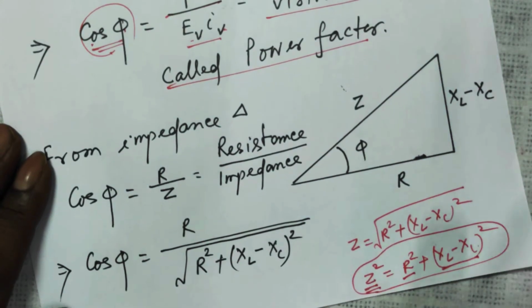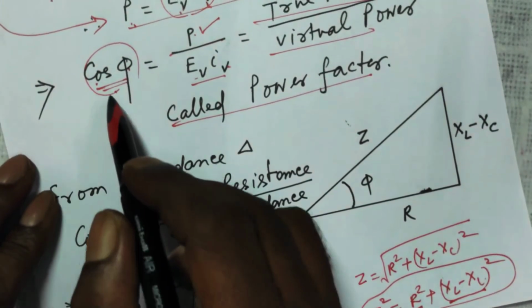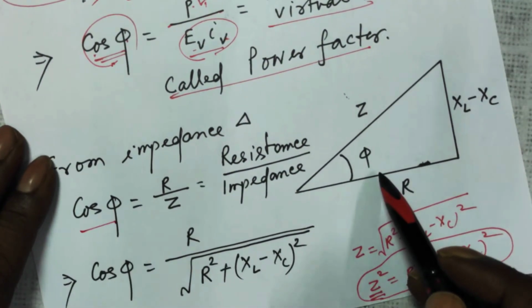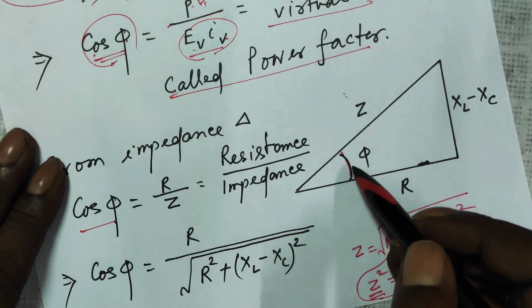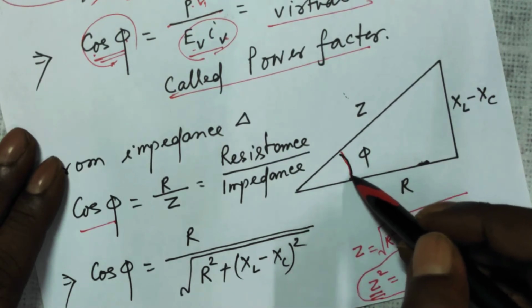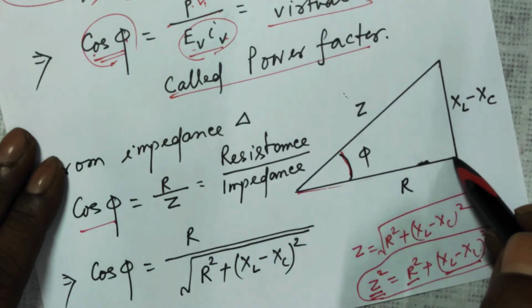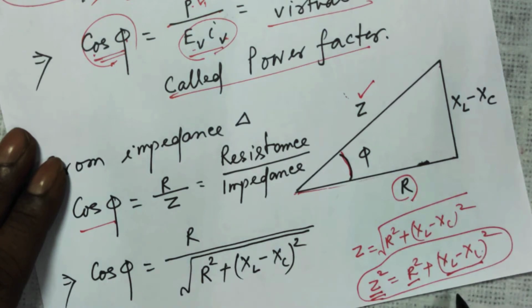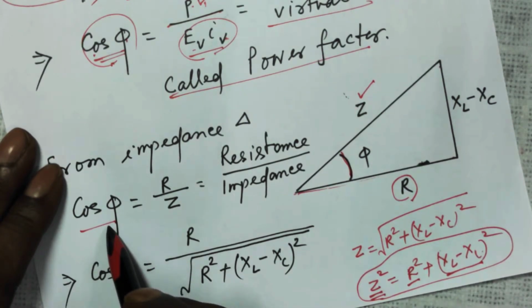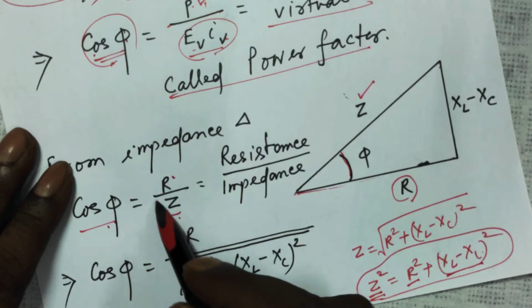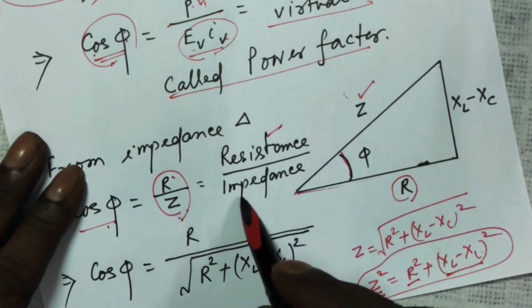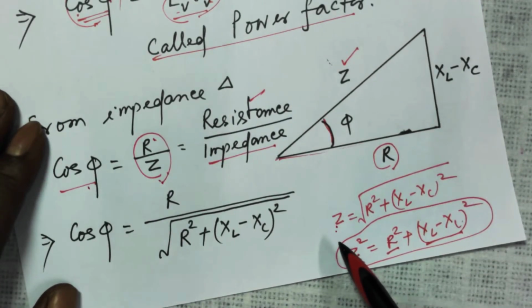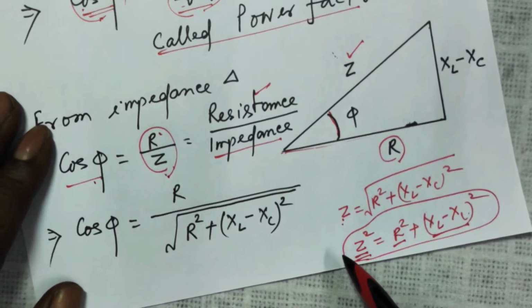So from here, the power factor, which is defined as true power by virtual power, so your cos phi from this triangle, cos of this angle. The side in front of the angle is called perpendicular. Therefore, this is your base. So, R is your base. This hypotenuse, which is Z, is your hypotenuse. So, cos phi is the base over hypotenuse. So, R over Z. R is the resistance. Z was the impedance. That is the total resistance offered by a circuit containing R, L and C.